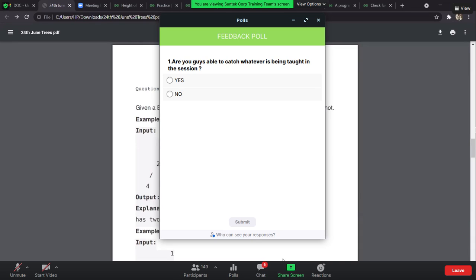Any suggestions? Anything you think about it? Any thoughts on this?